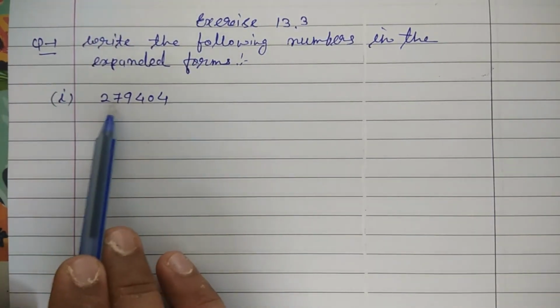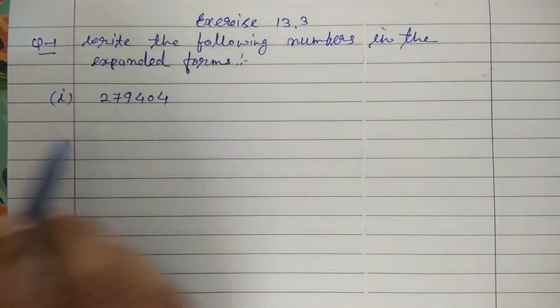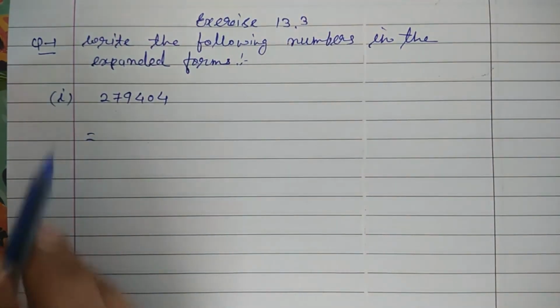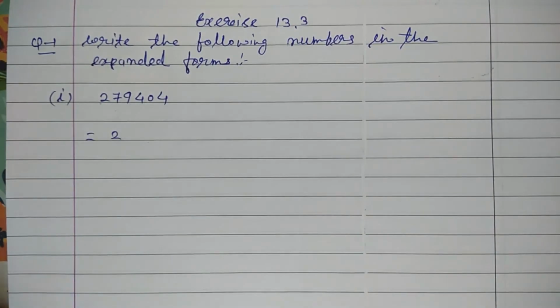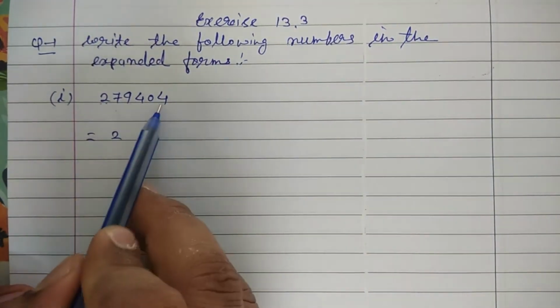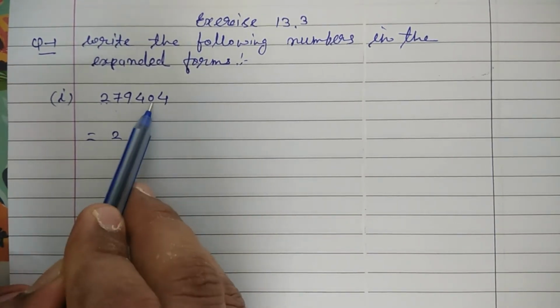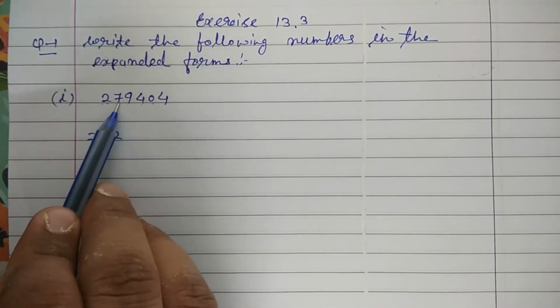Sum number 1, 279404. This number we have to convert into expanded form. So we will start from left hand side, digit 1, that is 2. Now we will find at which place this digit 2 is. So we will start from 4 here: unit or ones place, tens, hundreds, thousands, 10,000s and